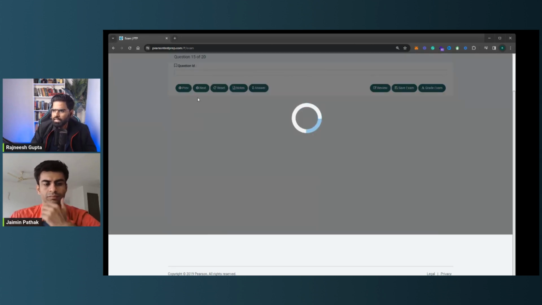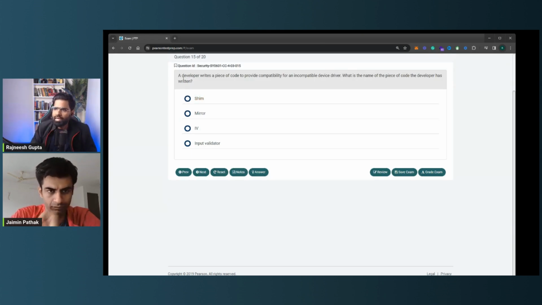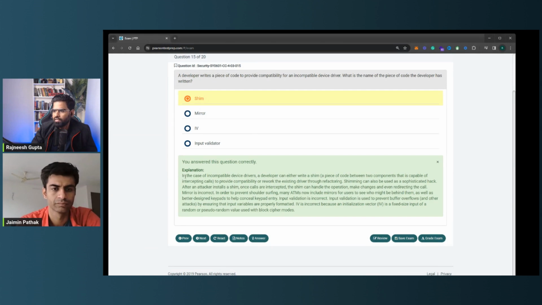Perfect. Question number 15. A developer writes a piece of code to provide compatibility for an incompatible device driver. What is the name of the piece of code the developer has written? I think this has to be shim. Yep, right? Yeah, in this case,